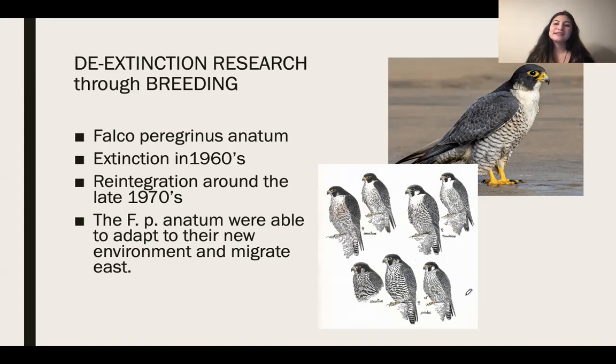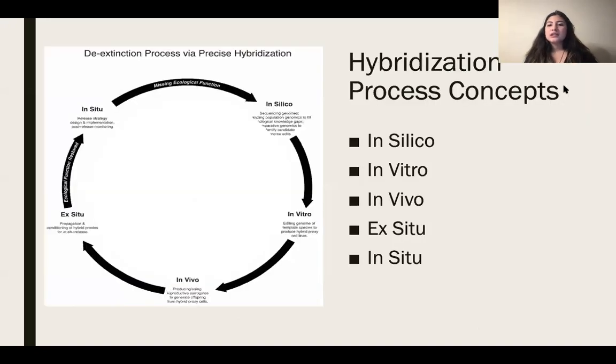So they thought that this experiment was successful and had a positive result. Back in the 2000s when they did this research, they thought of continuing the same experiment with different species, so that they can have a chance to thrive if they're close to extinction. So we move to a more technological and genetic process of de-extinction that includes these concepts.